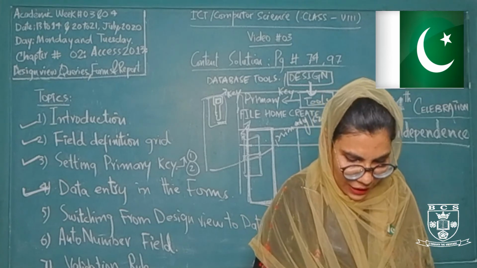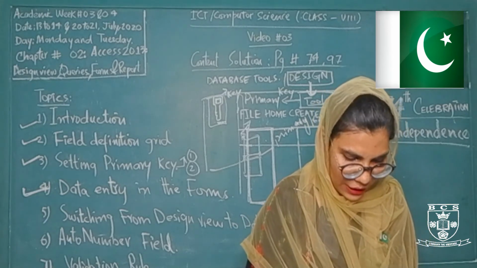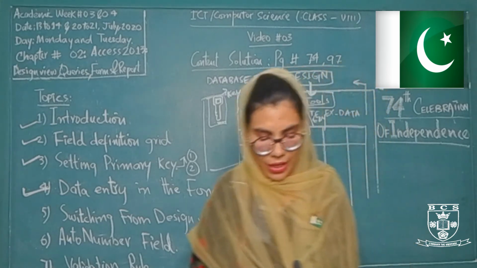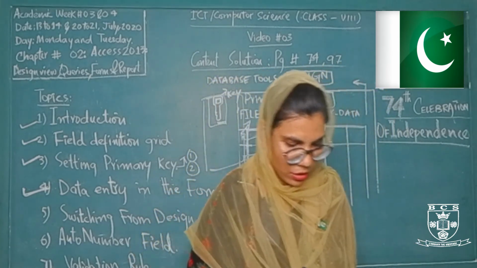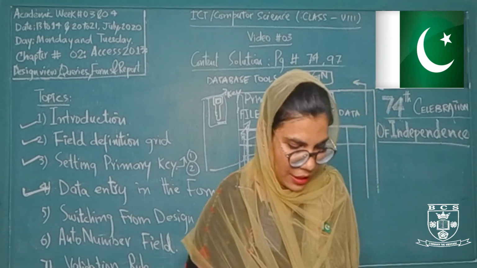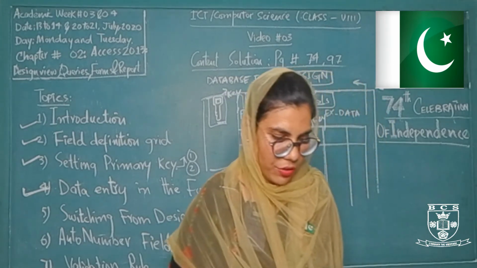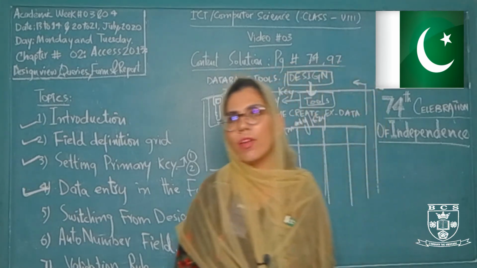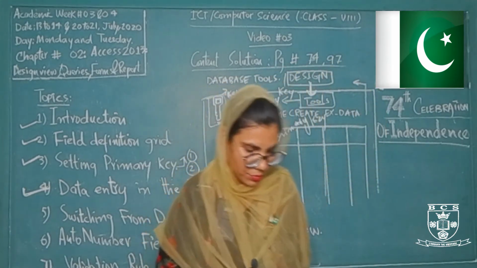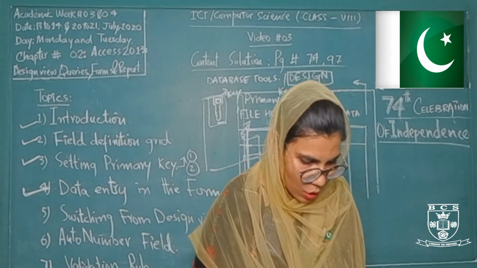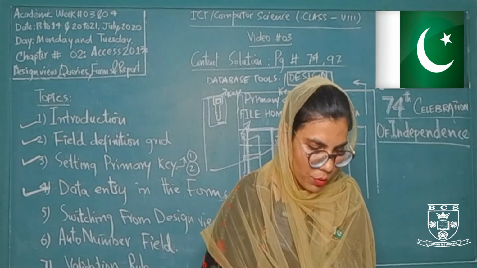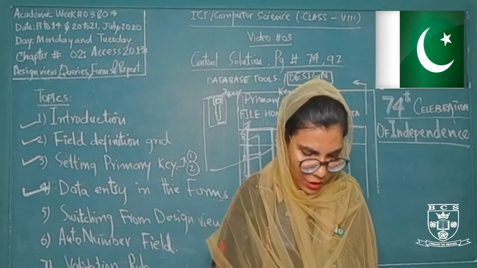A form can enforce data validation on the data that we are entering or that we want to enter. This provides greater control on the data entry. It means this is an easy way to control what we are entering and how we are entering it. So in this way, a form is more preferable over the datasheet view for data entry purposes.